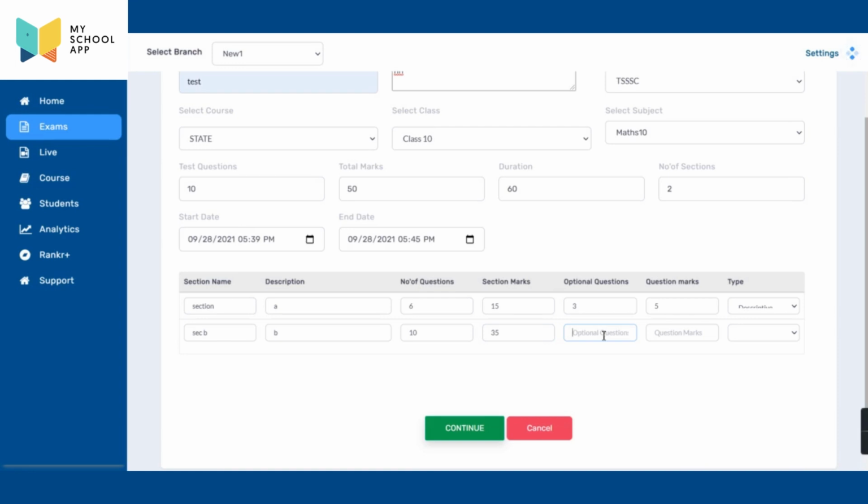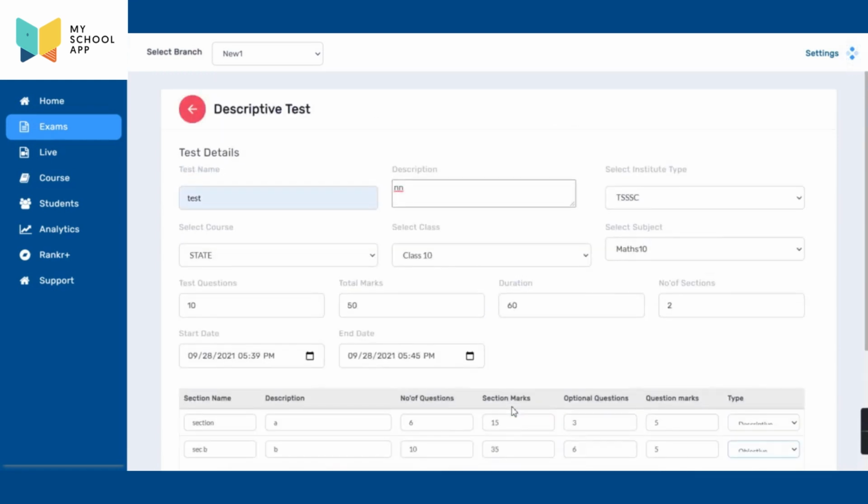You can give allocation of marks here, optional marks also, and the number of questions, each containing 5 parts, and you can put it as an objective also. Like this, you can create a question paper and send it to the student. The student can write the answer on a piece of paper, take an image of it and send it back to the teacher with the examination for evaluation. This is how you need to conduct a descriptive type of examination.